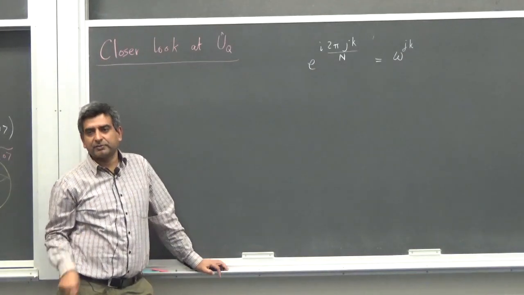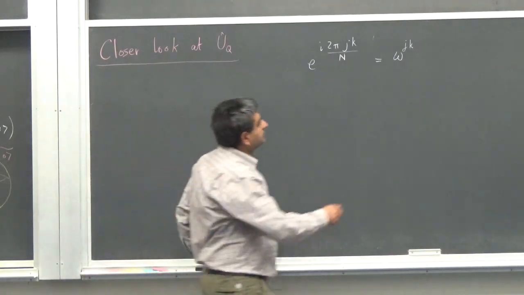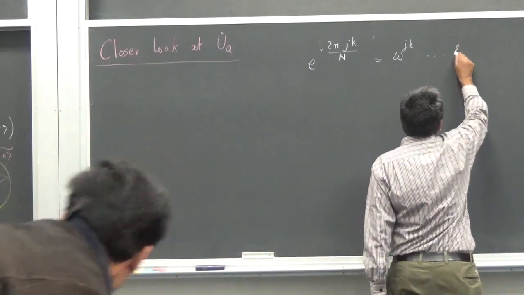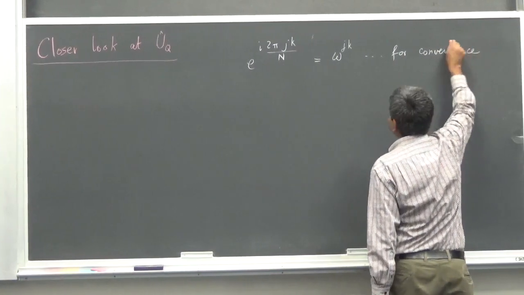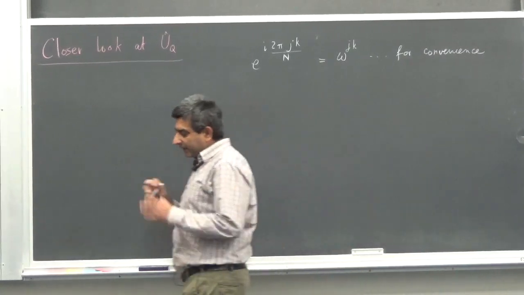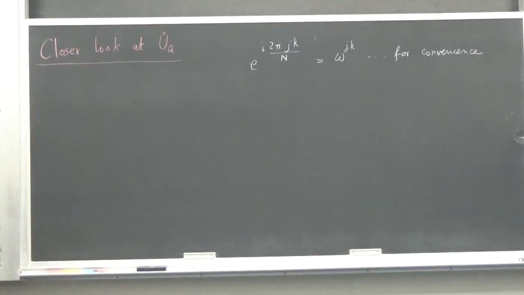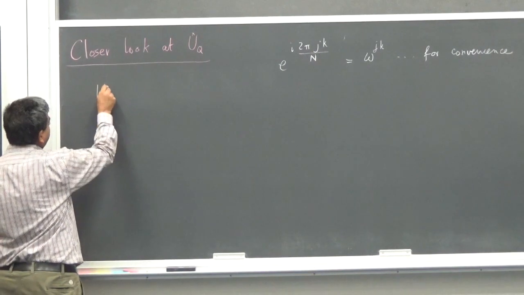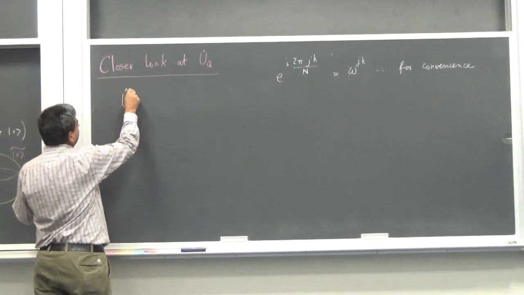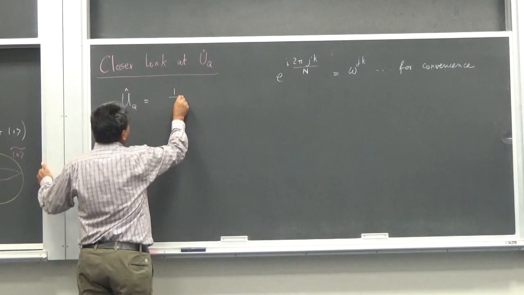Okay, so this is a notation for convenience. Soon you will realize that these omegas have something to do with the roots of unity. Anyway, now if I were to propose that my U_Q is given by the following, is given by 1 over root n